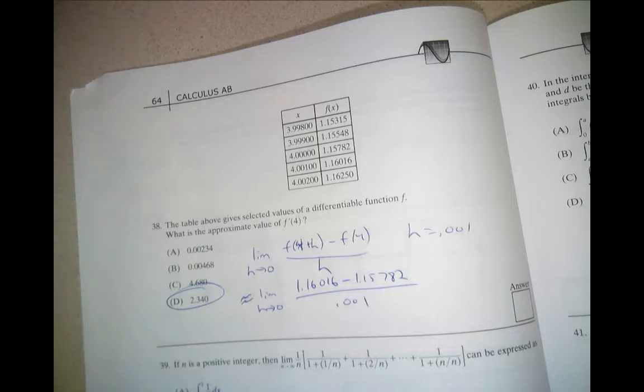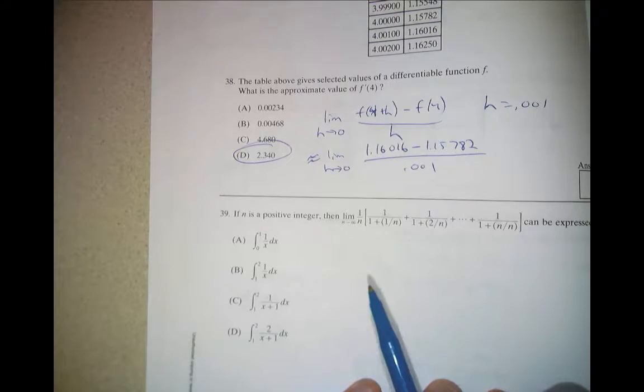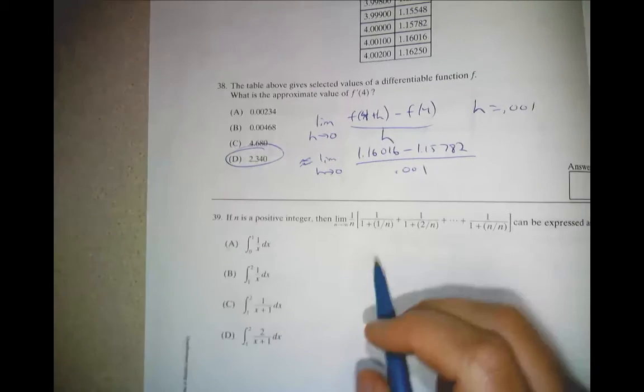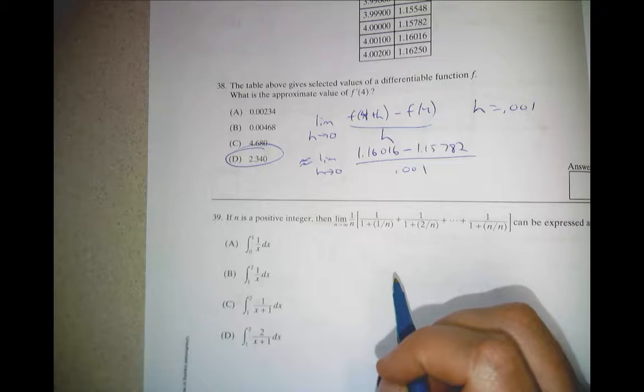Okay. Next problem. Oh boy, this looks gross. Okay, so n is a positive integer. I want to find this limit. What is this the same thing as? So what are we finding here? It looks to me like we're finding a